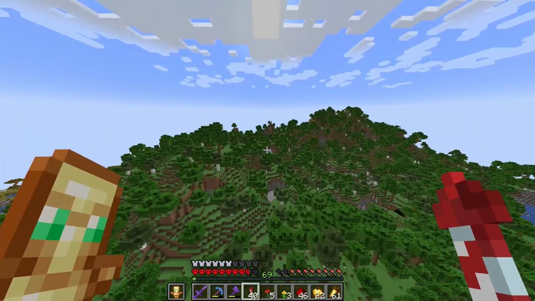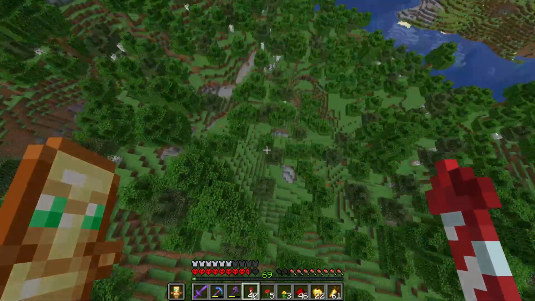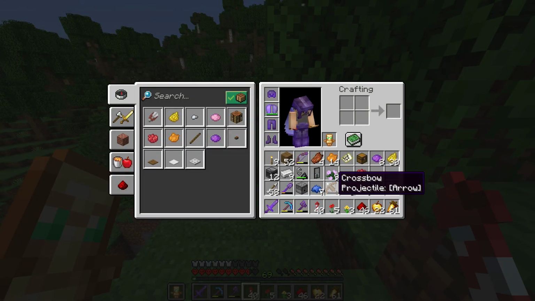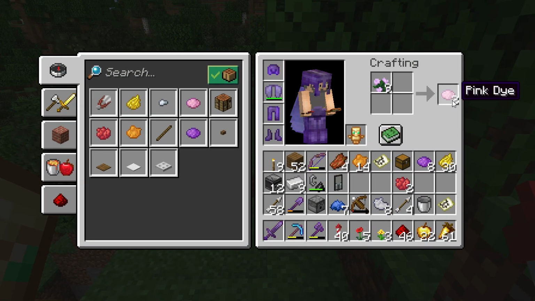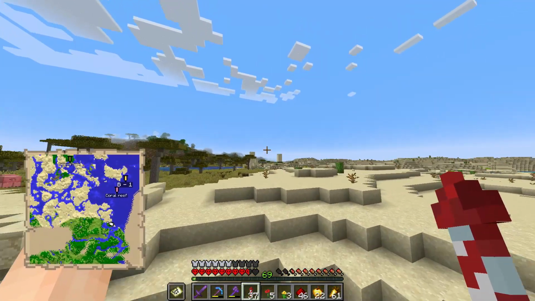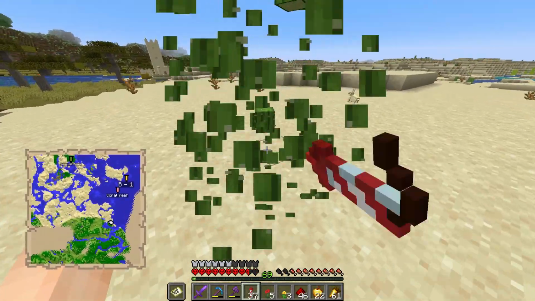Ooh, birch forest over here. Surely it has different flowers. Yeah, look at that, bro. I don't know what they're called, but I'm pretty sure these give you pink dye. Actually, don't know, to be honest. Yeah, look at that pink. Wait, can I mix pink and purple? Magenta, easy. Need to get some cacti as well, since I'm pretty sure there's no other way to get